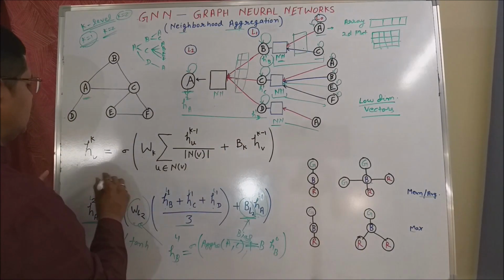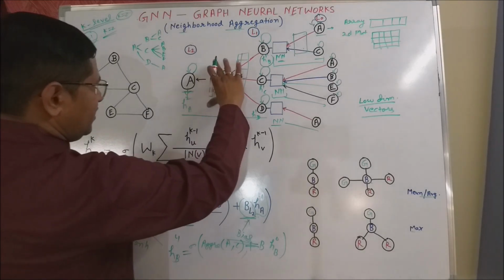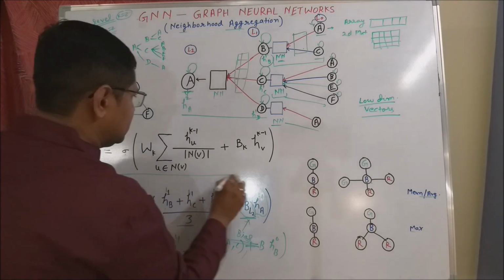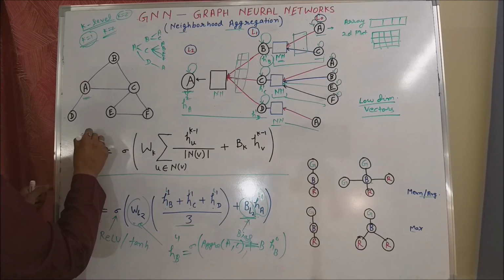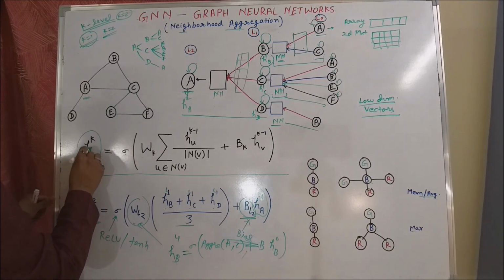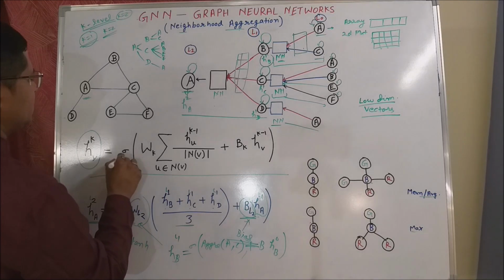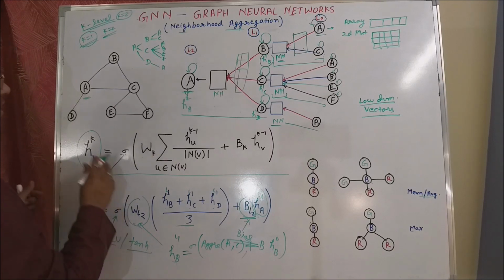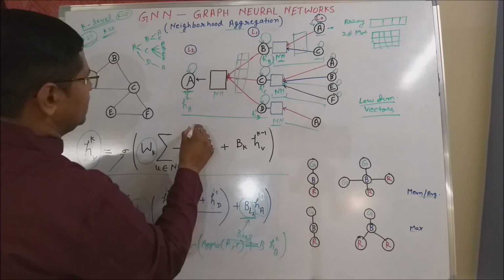We can generalize all such recursive computations that started from here, breaking them into smaller units, and represent them through a general equation like this. Here you can see the encoded value of node B at layer k is computed using a non-linearity, such as ReLU, tanh or Leaky ReLU, anything that you can use. This is the weight matrix.